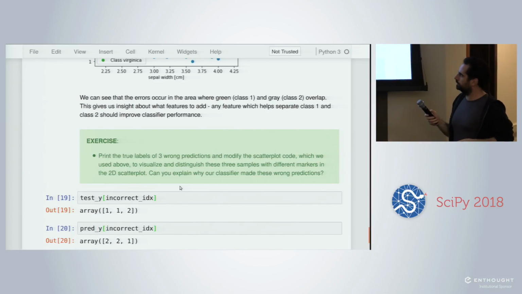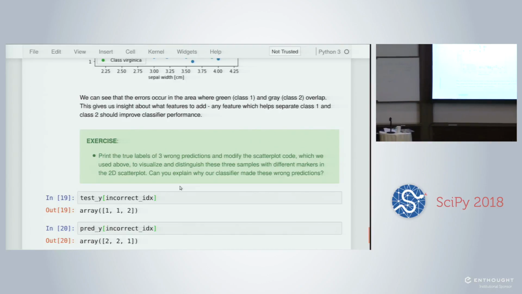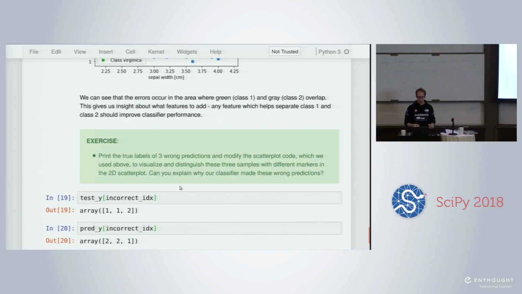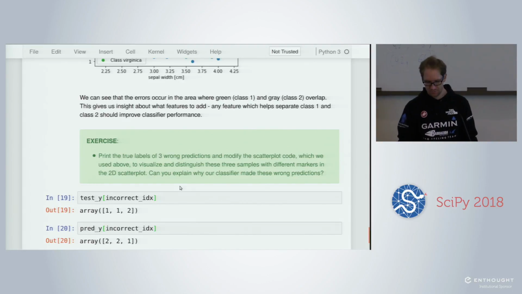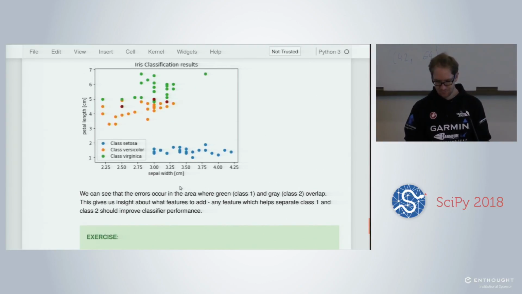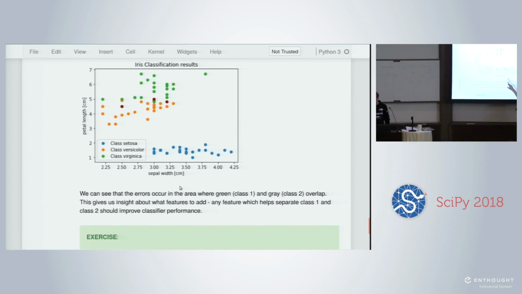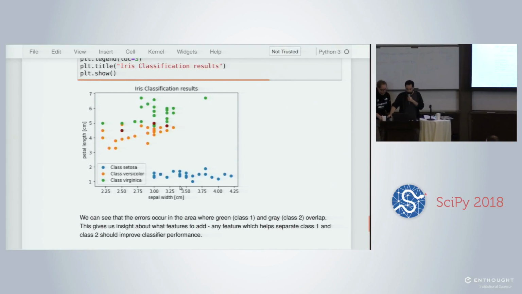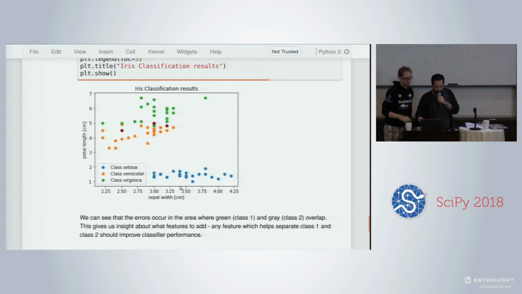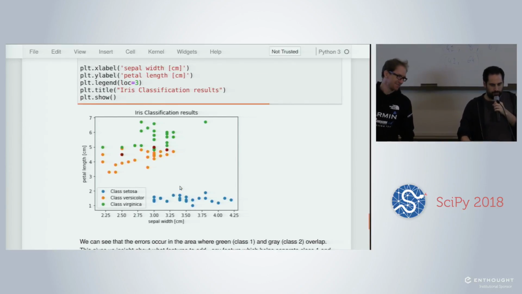What would be interesting is to know which class it should be and in which class we classify it, to understand why it is misclassified. If you don't want to do it with matplotlib, what you can also do is, for each of those data points that you identified previously, if you scroll up, here you have the indices of the 3 data points.